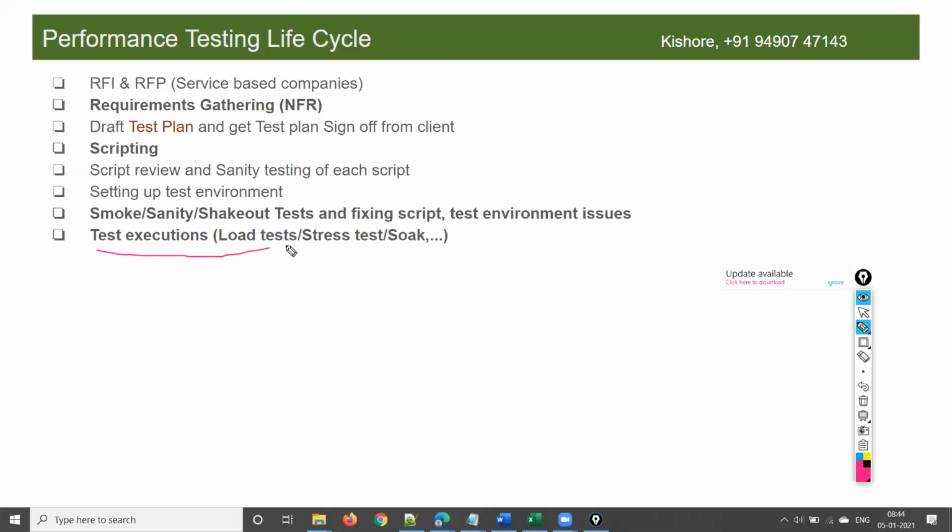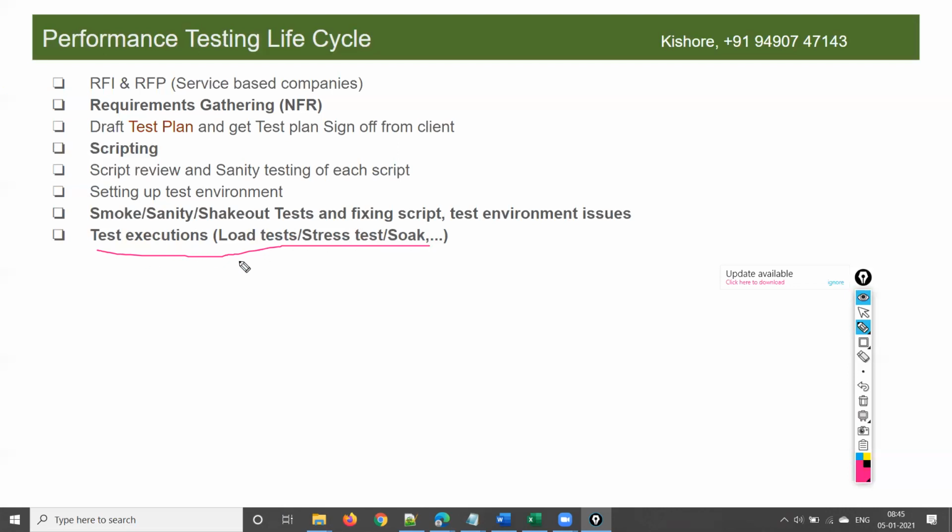We'll go for the actual test executions, whether it can be a load test or stress test or soak test, or what are the other different types of tests? Scalability, volume test, endurance test, failover testing, spike testing, stress testing, and so on.